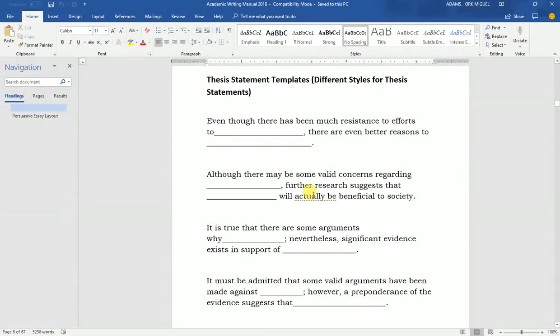We're going to categorize our thesis statements first into two different categories, which would be the although category and the however category. All right. Well, the although category includes although, which we see right here, even though, and the alternative